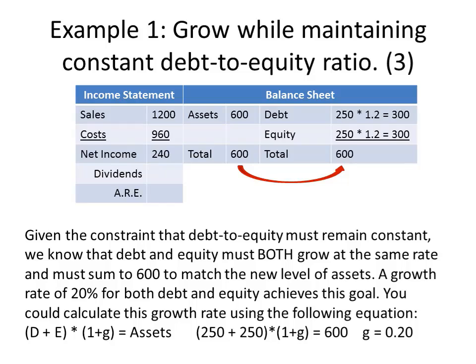And so we know that in the new situation, we will have to also have a debt-to-equity ratio of 1. We also know that debt and equity will have to sum to 600. What number plus what number would equal 600 such that when you divide that number for debt by the number for equity that you get 1? Well, 300. All we have to do is divide our new amount of assets by 2 to come up with the amount for debt and the amount for equity given our constraint of constant debt to equity ratio. Now, I've shown some algebra down here below for those of you who prefer to think in that way. I've written that out so you can see another possible way to solve for this situation.